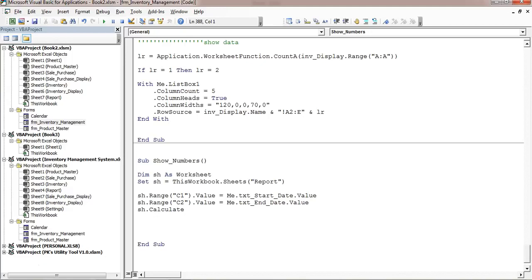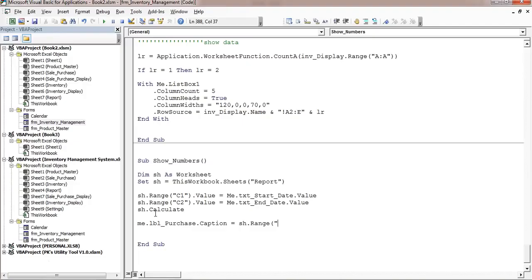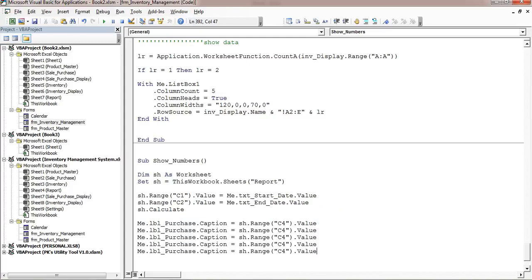Now we will display the data on the labels, so I'll use Me.lbl. First we will display the purchase caption. Here we will display sh.Range, and I'll take this cell which is C4 .Value. Just copy and paste multiple times.